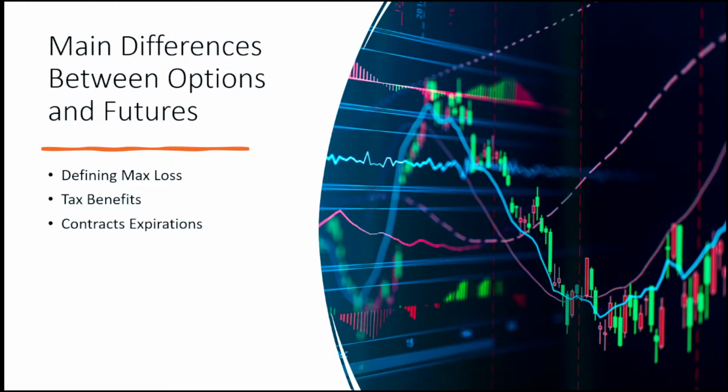With futures, until you get auto liquidated or you close the position out, there is no max gain or max loss. Let's talk about an example. Say you take a short at 4,500 expecting a big drop at the end of day. This is an extreme example, but if ES SPY randomly drops 100 points, and you did not set a stop loss, you will get hit with a 100-point loss. That's a big loss. I mean, that's 5K right there. So that is how you have to be careful with futures.